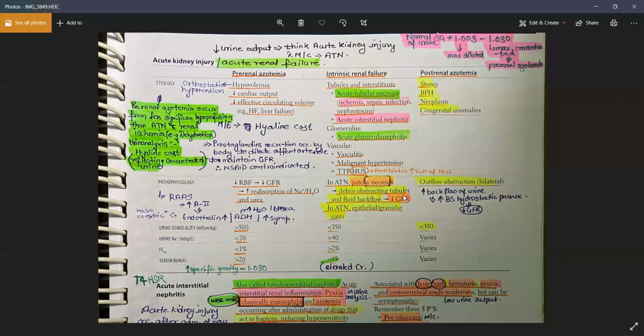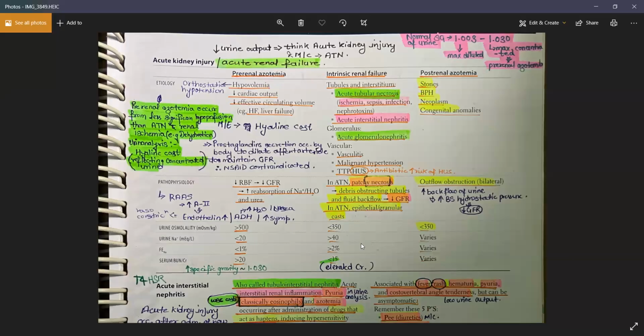So that's everything. What could be the specific gravity of my urine in case of intrinsic renal failure? Low specific gravity. Can you repeat that question? Specific gravity of urine. If you test the specific gravity of the urine in case of intrinsic renal failure, what would you find? Low specific gravity, which is near 1.003, because our kidney cannot concentrate your urine now. So less than 350 osmolality and around 1.003. It would be between 1.003 and 1.015. That you will find on the specific gravity of the patient.